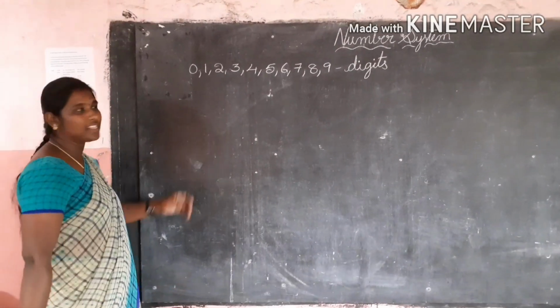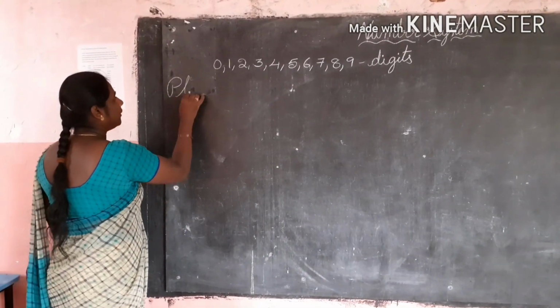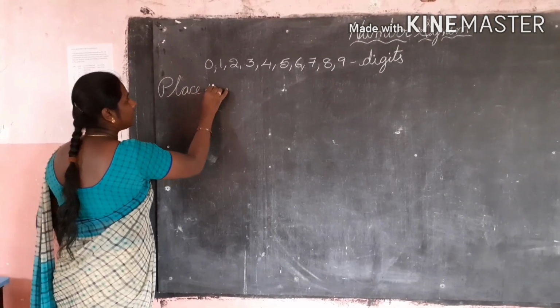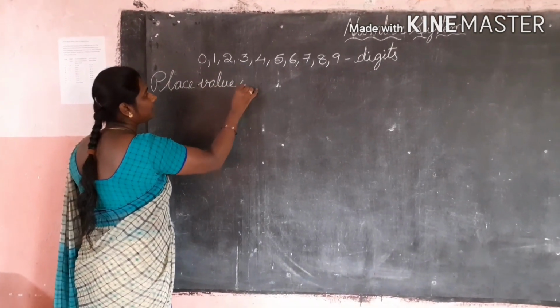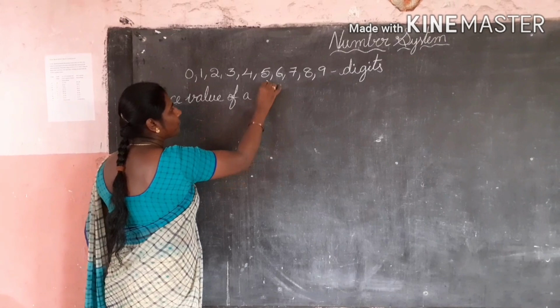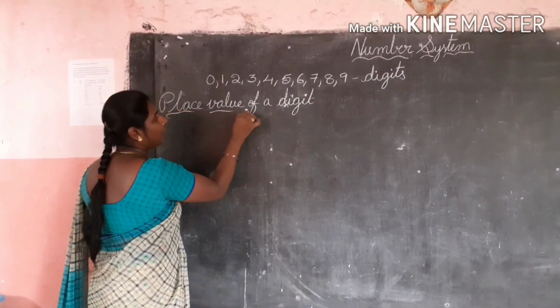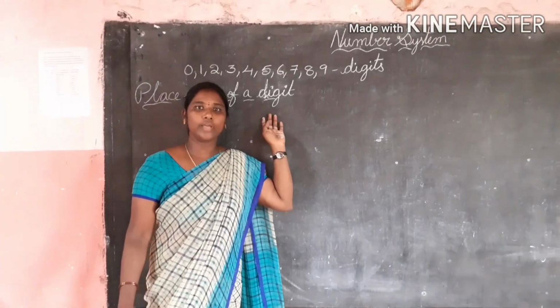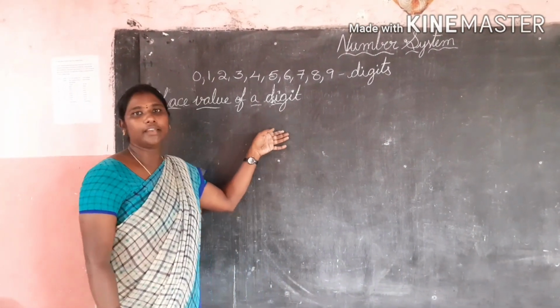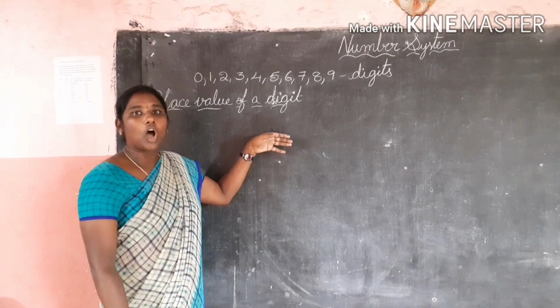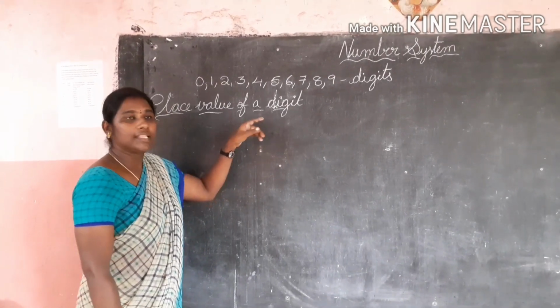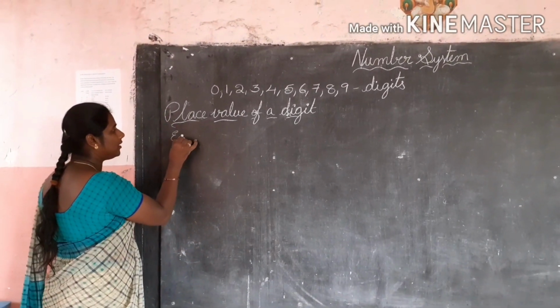How to find the place value of a digit? To find the place value of a digit, we multiply the number by the place it occupies. For example,